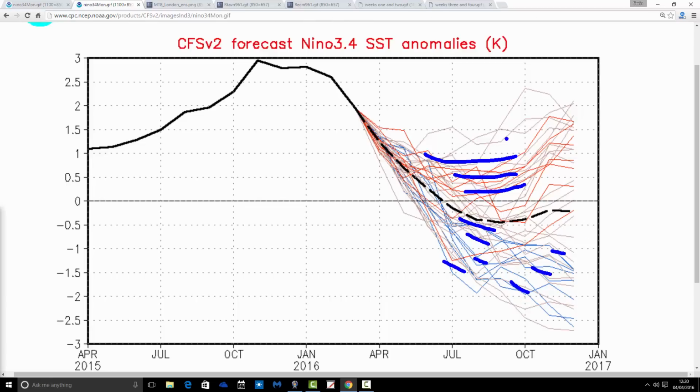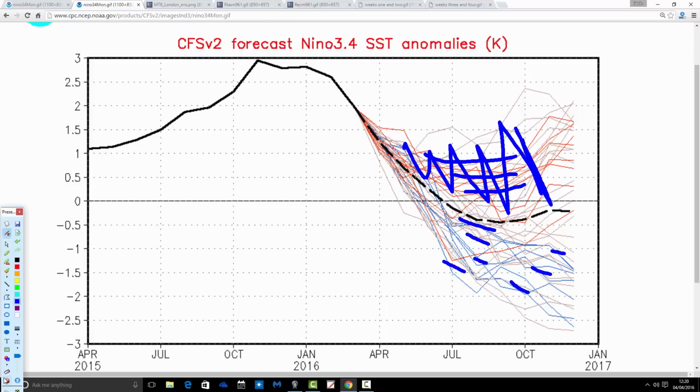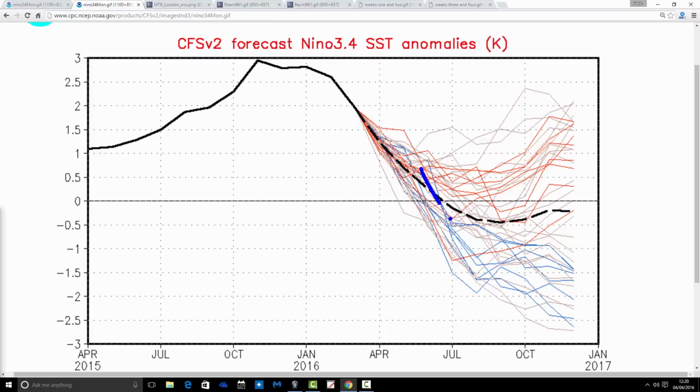So once we take these red ensemble members out, just here, once we remove those, and assuming the newer members continue to reflect a switch to La Niña, I think we'll see this black dash line doing something more like that, really, than what it's doing at the moment. But nevertheless, the CFS V2 model is very much shifting quickly in towards a La Niña forecast for the summer